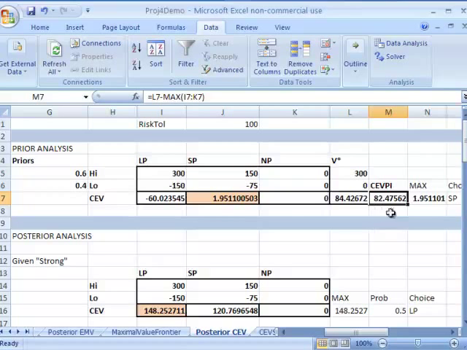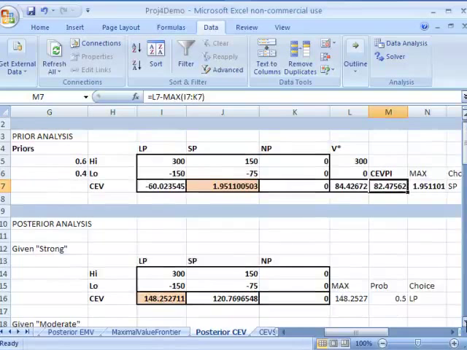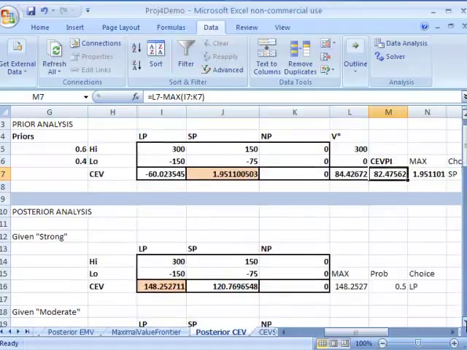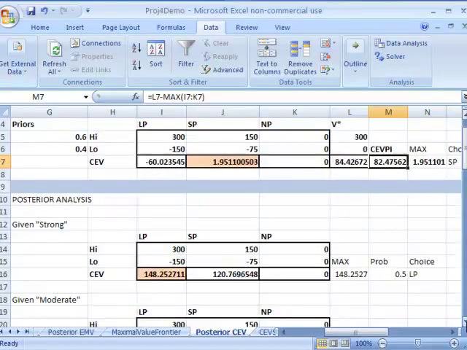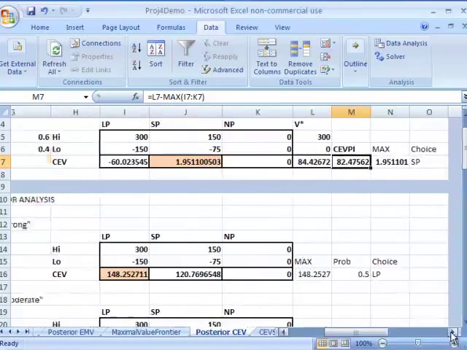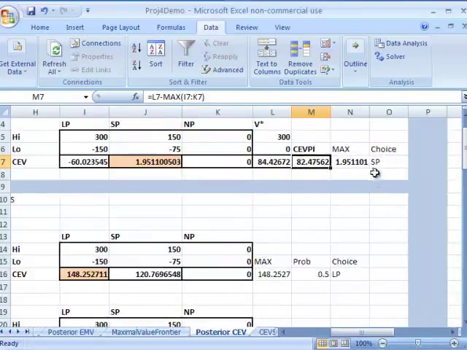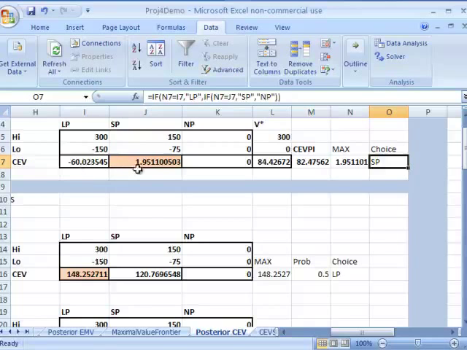So the EVPI is higher for the risk averse case at this risk level, and as we've seen in the past, that tends to be the case for most risk tolerance values, except for the very small ones. Incidentally, notice that in the risk averse case here, with that risk tolerance, we don't choose the large plant. The large plant is coming out with a negative valuation here, but the small plant is